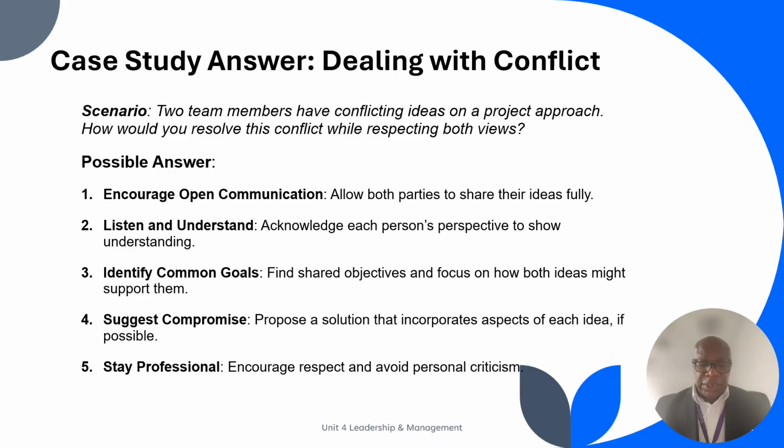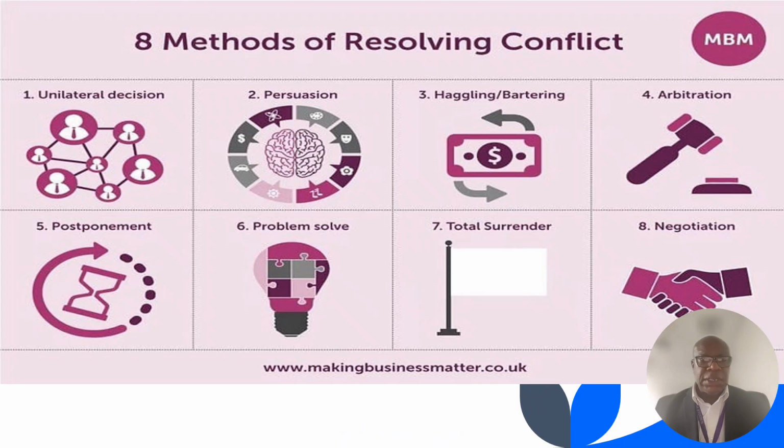Okay, you can look at this image as well. This gives us eight methods of resolving conflicts. Okay, you can use unilateral decisions. You can use persuasion, haggling and bartering, arbitration if it means going to court, postponement of the idea to the future, problem solving on the spot using critical thinking, or total surrender. Okay, total surrender, that means agreeable or